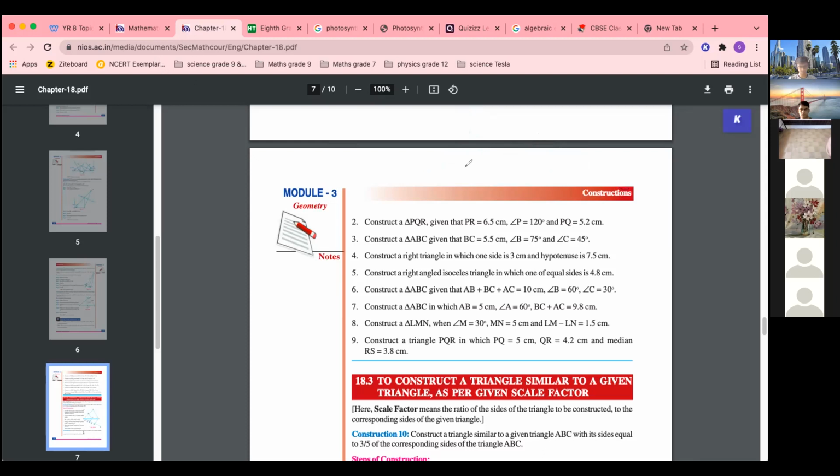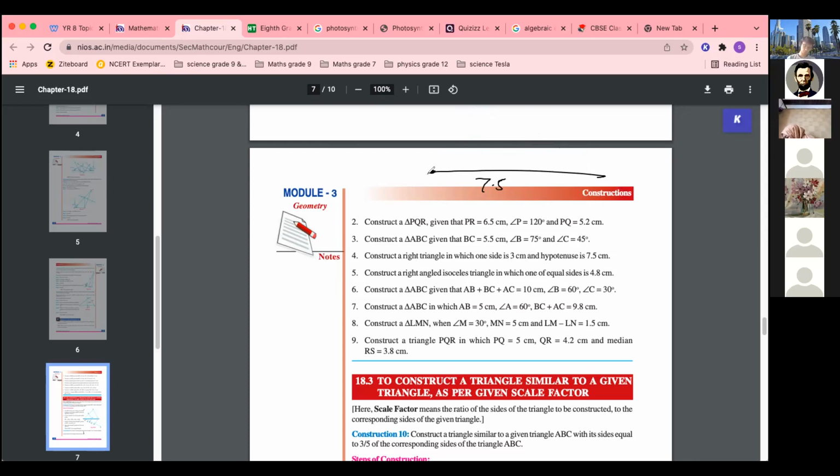See how it will happen. If you make the base 7.5, and one side is how much? One side is 3. So from here you will take. No, the angle is not given. How will you draw? You cannot draw. You don't have another angle, right? So you cannot draw. It's better to take the side at the bottom, okay? Because you know how to draw a 90 degree on this base like this. The angle is not given, so you won't be able to draw.